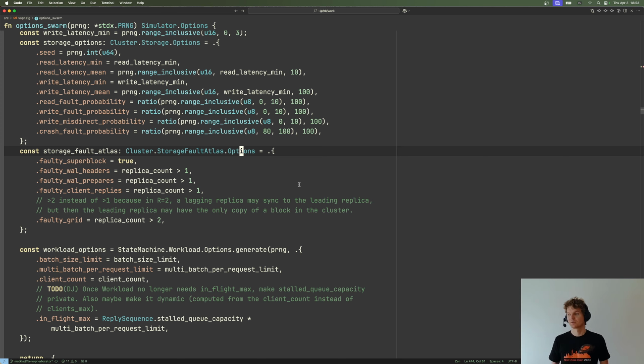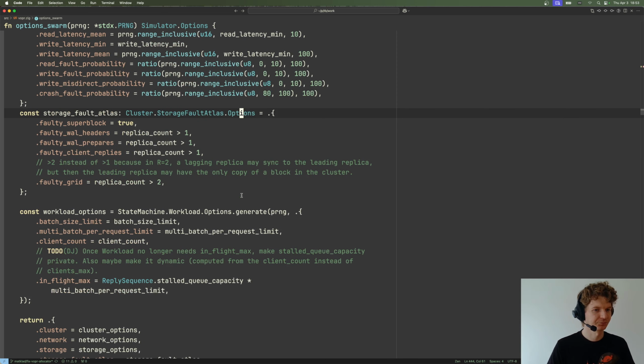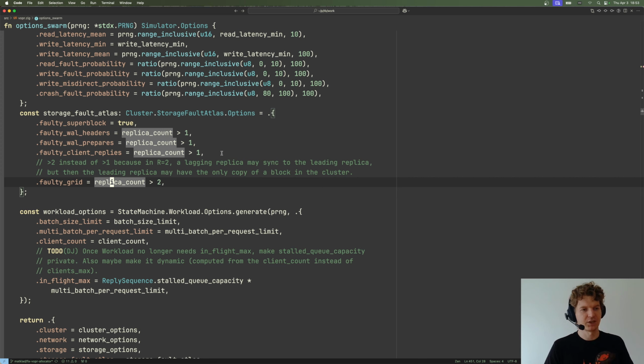This is defined by the thing called fault atlas. So basically, what fault atlas does is that it tries to make sure that for every given sector on disk, there is at least one replica in the cluster where this sector is not corrupted. So it tries to prevent correlated faults. And we kind of want to say how exactly we are spreading the faults. So for example, if